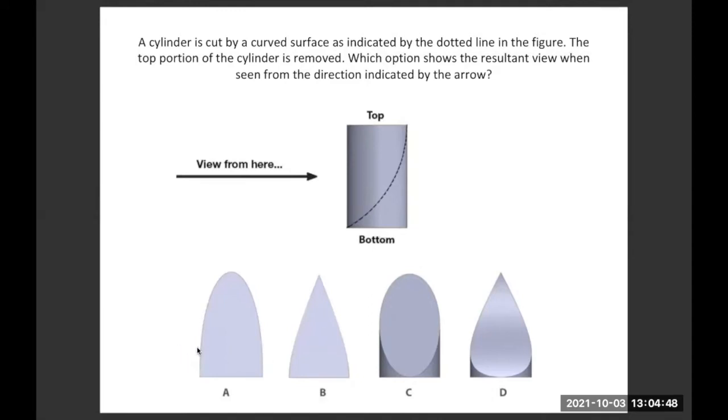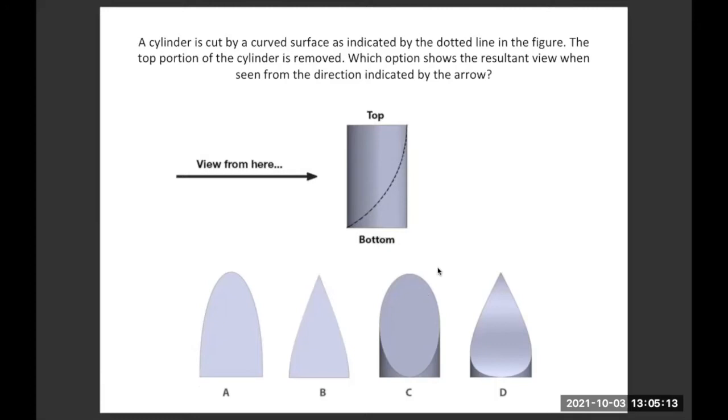A and B are wrong answers here because if you look at the colors, this bottom edge, which is dark to light, is of an existing surface, which will be there. And then there will be a cut part which will be coming in this color. So there will always be two variations. So that's why A and B are wrong answers.